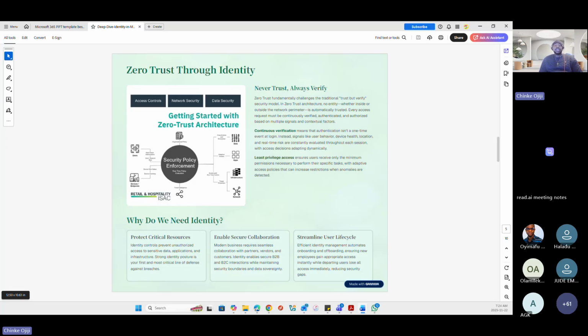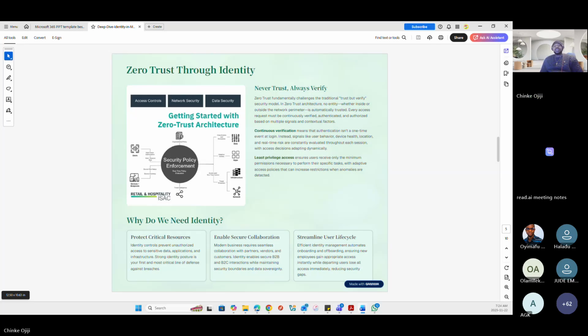You can enforce least privilege, giving users just enough access to access data, and leverage other resources such as access policies that take into account risk signals, device compliance, and so on.